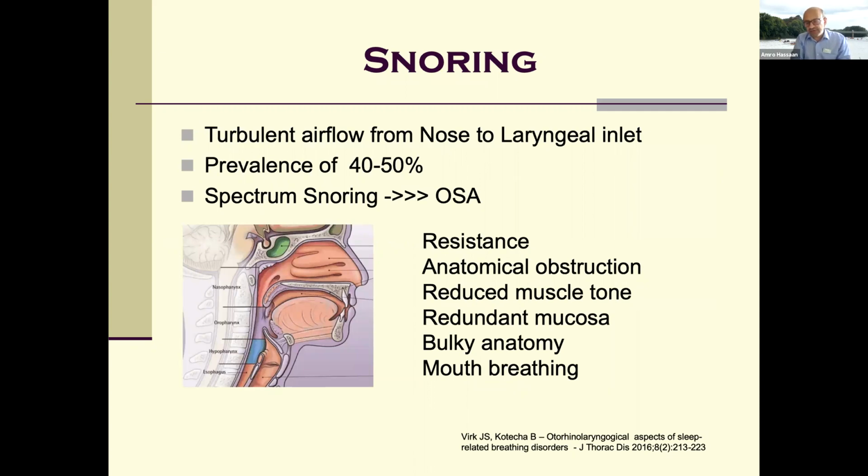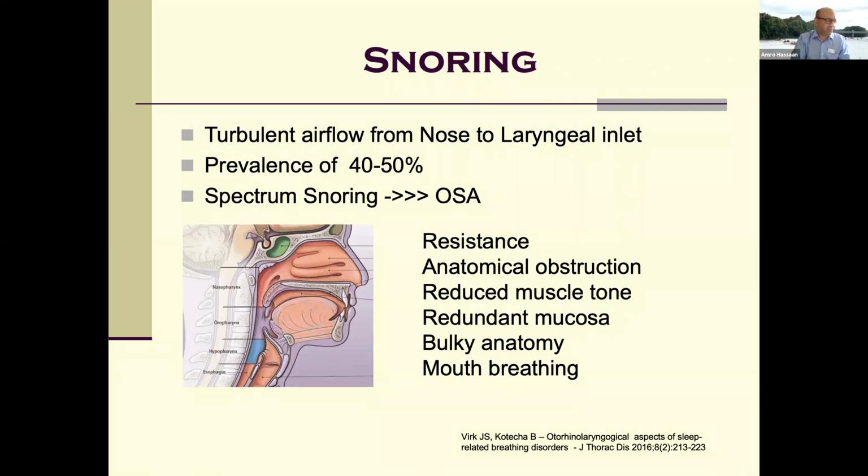Snoring is on that gradient of sleep-disturbed breathing, starting with snoring, which is turbulence, and increasing to actual total obstruction, apnea. About 50% of the population snore. And as I've said, it's just on that gradient up to OSA. It can be due to